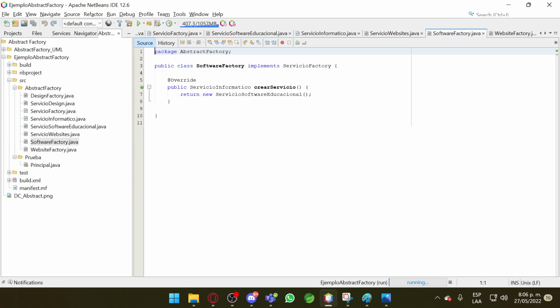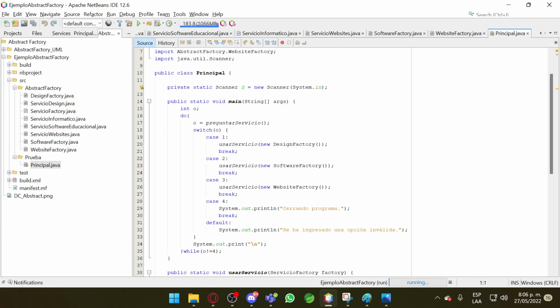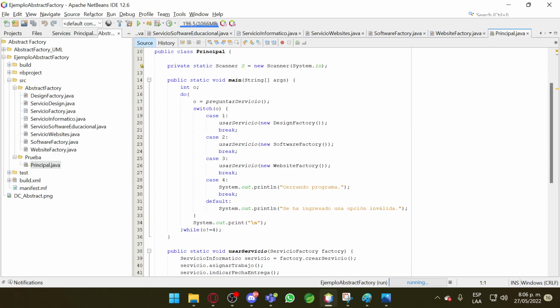Here in the software factory, it shows us or it creates the service. It also implements the service factory and it returns the service software educational. And in the last Java class, you can see that it implements the service factory. Here you also are able to see that you can create the service here. And in the main class that we are going to run,